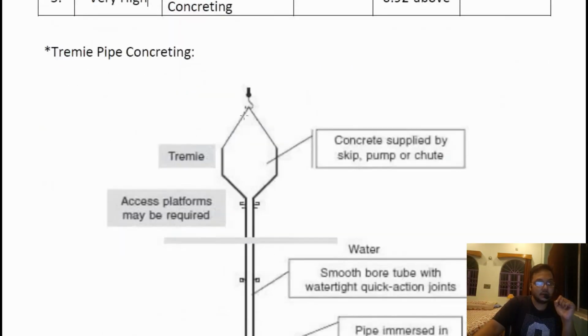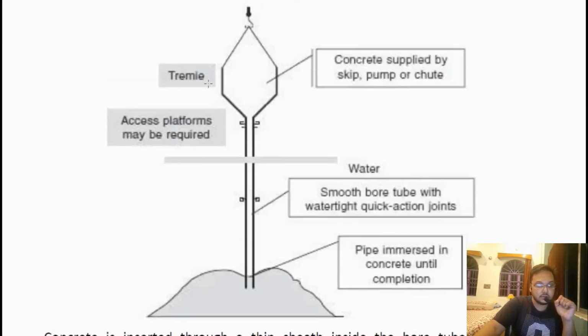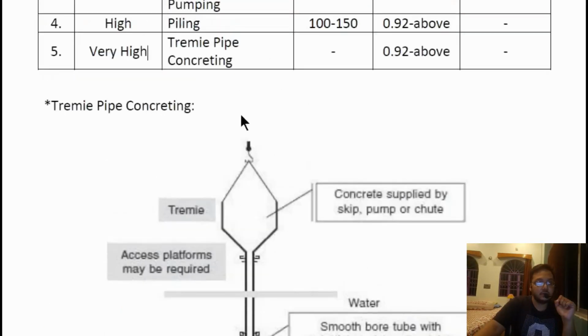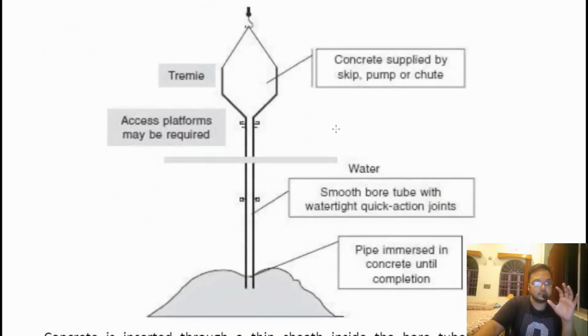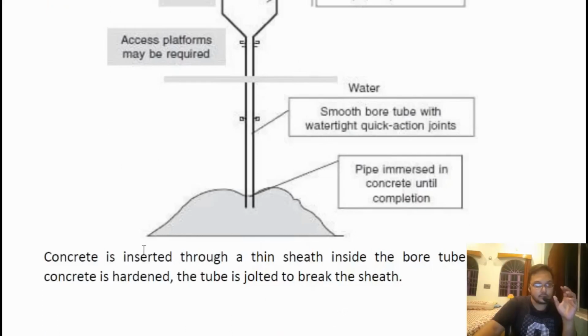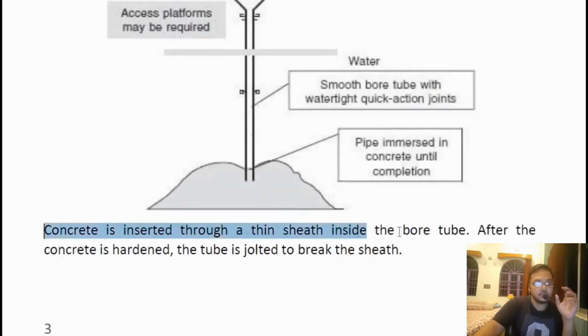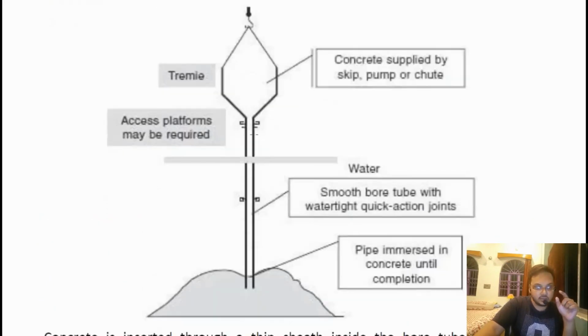So here is one note about tremie pipe concreting. In this tremie pipe concreting, it's one of the most practical things, and it is used in constructions on a commercial scale. Concrete is inserted through a thin sheath inside the bore tube. After the concrete is hardened, the tube is jolted to break the sheath. So you can see this is the tremie pipe, and the concrete is supplied from this particular